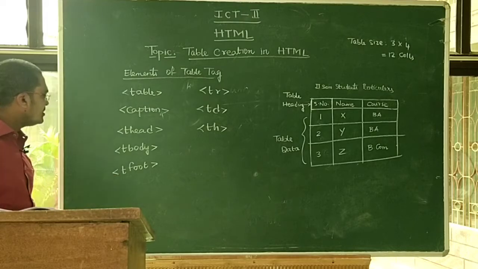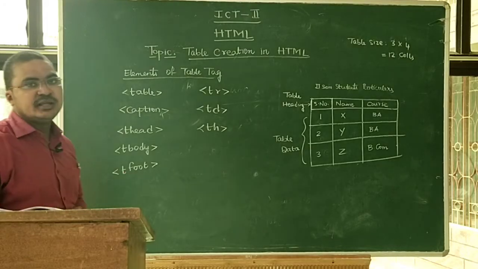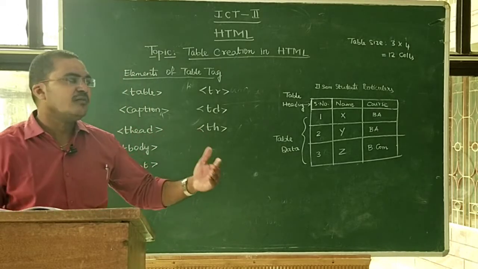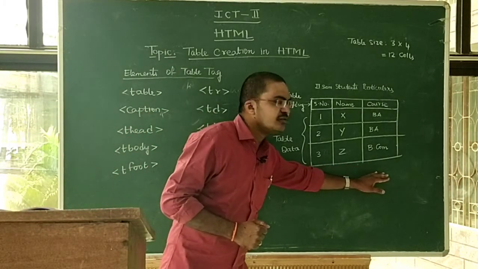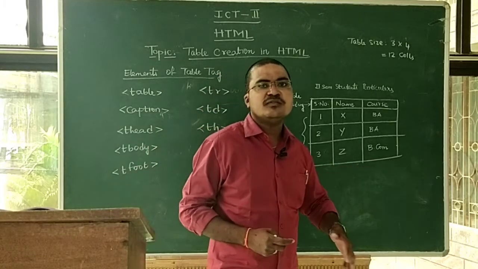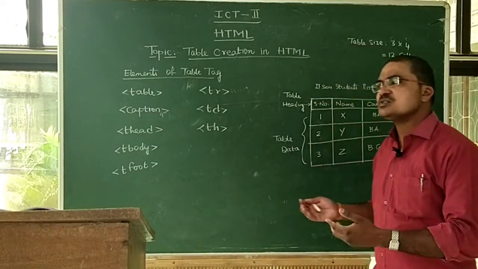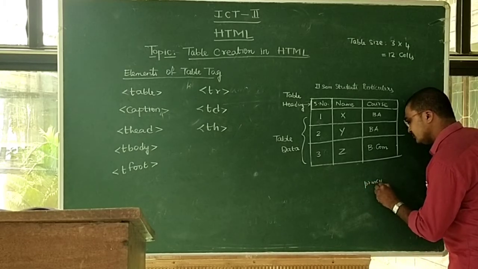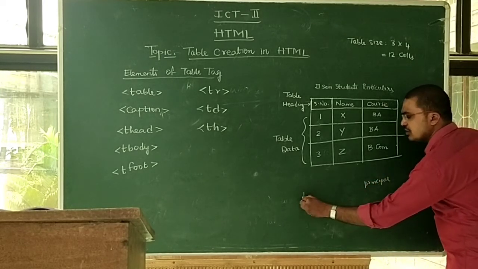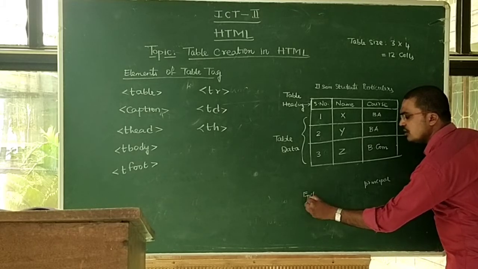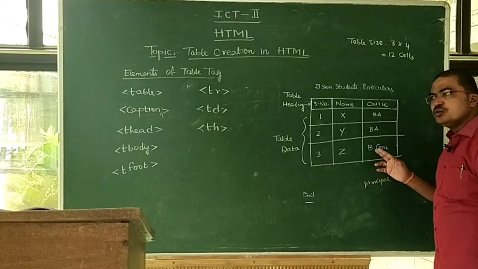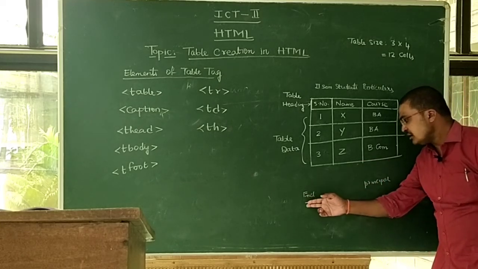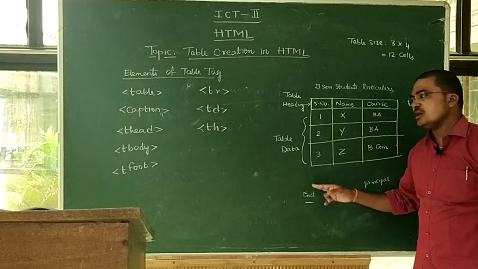And the next one is called tfoot. Tfoot is called table footer. Footer is always present at the bottom of the table. So what information is present at the bottom of the table, sir? Sometimes we have to add a principal's note or enclosures, whatever it may be. After the table, when we want to show some piece of information about the table, we generate the text at the bottom, which is called table foot.